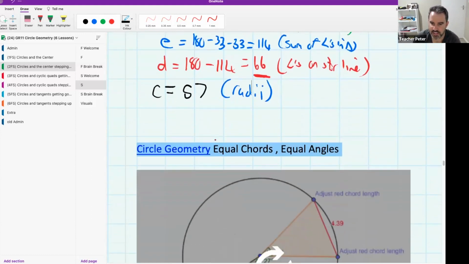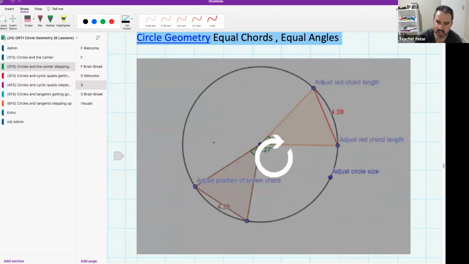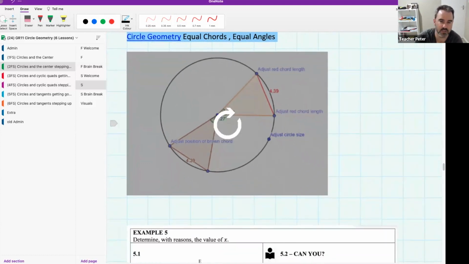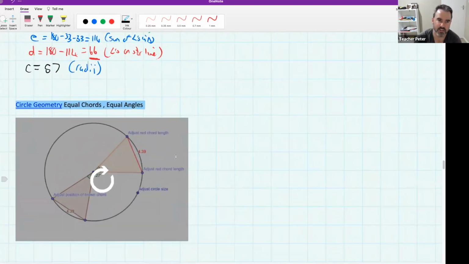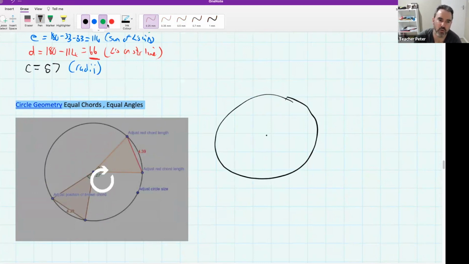All right, another new idea about circles and the center. And this one is a little bit of an odd one, but it caught me by surprise once upon a time. So if you have a circle, and in that circle you have what's called equal chords, right? So let's say you have that chord and that chord. And what makes them equal is they are the same length. If you now make an angle at the center to that chord,